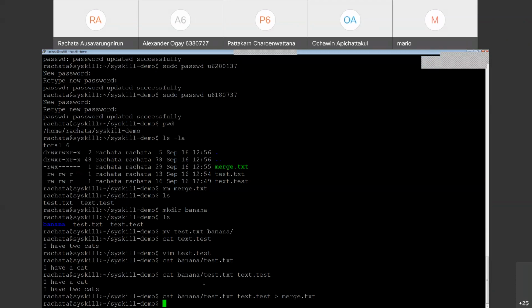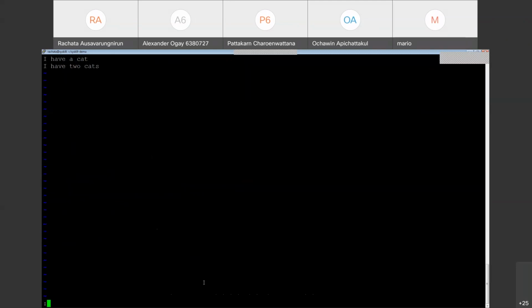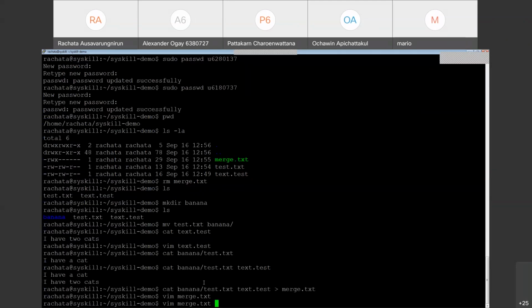Yeah, I have a cat, and in the next line, I have two cats, right? So if you vim merge.text, you see basically this. Now I'm going to show you one more example, which is pipe, right? Pipe. So if I do cat, the command cat, not an actual cat, and then merge.text, which would give you those